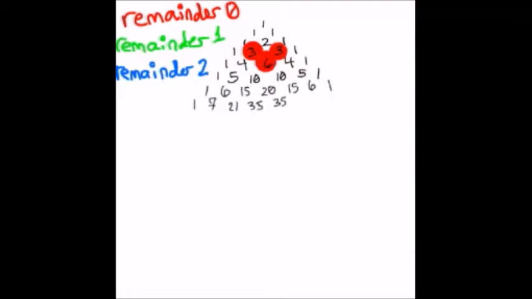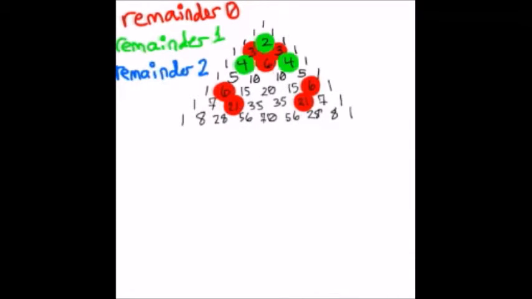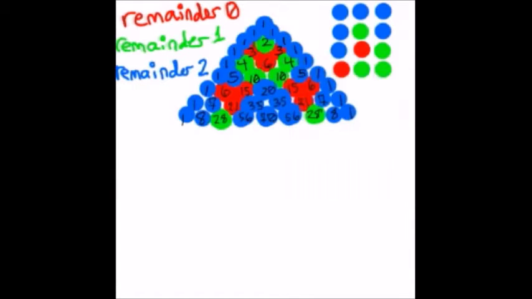Let's try a different color coding rule. Instead of coding by evens and odds, I'm coloring these numbers based on what the remainder is when you divide the number by 3. I wrote out a few more pitches so I could see the pattern better, and after coloring them in, I wrote out the rules.